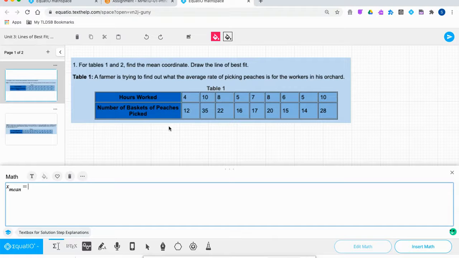Okay, well, here we are. We have the question, and this is going to be a scatter plot that we're going to be graphing, and we're going to find a line of best fit. But they are actually asking us first to find the mean coordinate, meaning we need to find the mean of our x values and our y values, our dependent and independent values. So what we're going to do is we're going to go x mean, and so I've started this off,